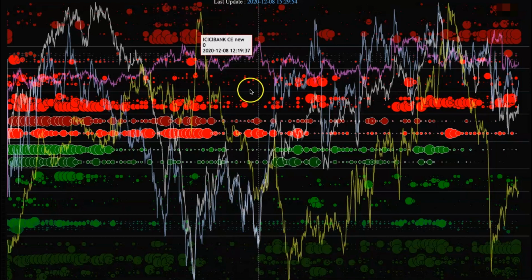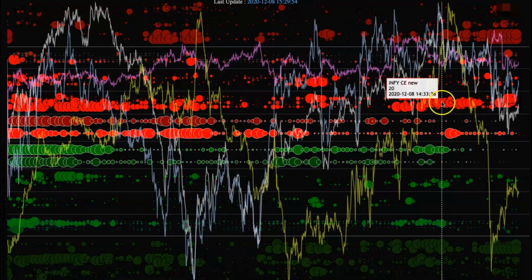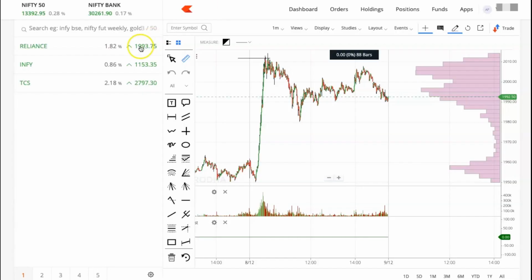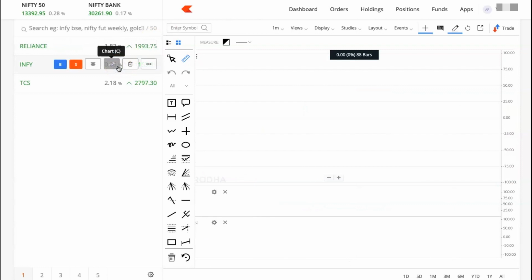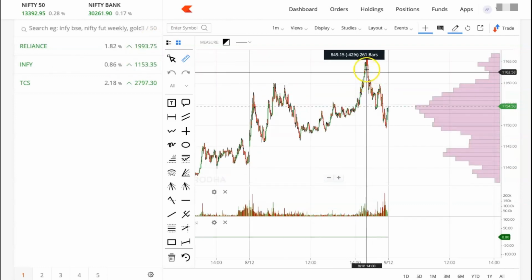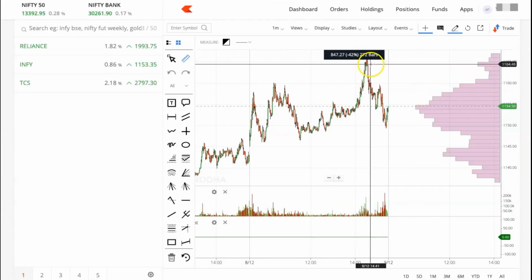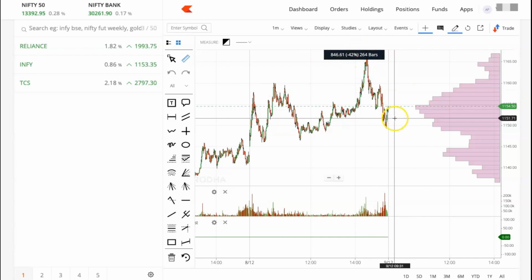Let us look into another example as well. If you look here, there are also lots of big red color circles formed in the INFI around 12:30. So you can see lots of red color circles in the INFI. Let us look into the INFI chart. Yeah, here you can see from 12:30 the price is also at the top. Our condition is satisfied, the price should be at the top, and the INFI is falling down. INFI fell down around